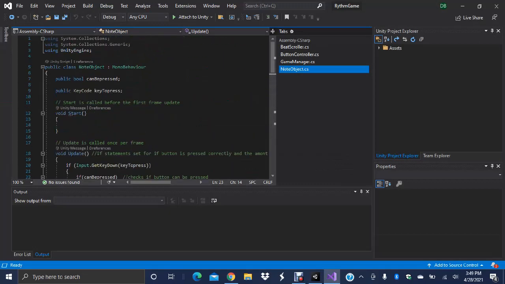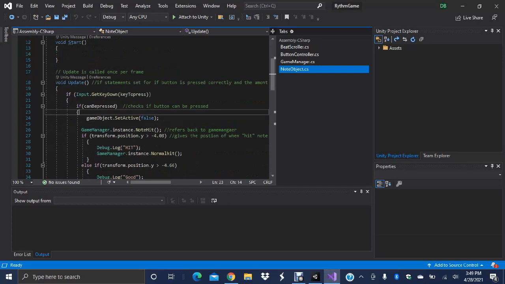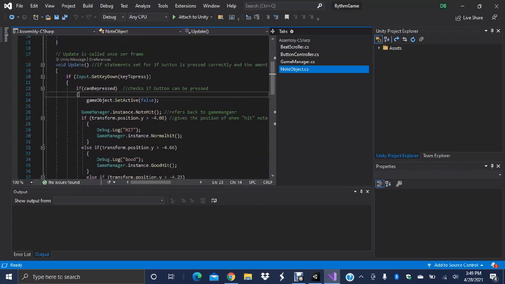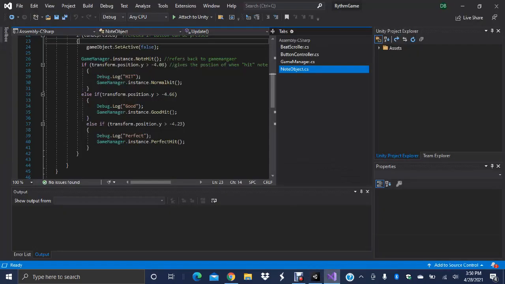Here, it shows when it can be pressed, when it doesn't get pressed, and what the score is when it is pressed, if it's correct. So through if statements, if it can be pressed, the game object is set. It's hit at a certain position, the negative y, because that's where these arrows lie. But if it's close,